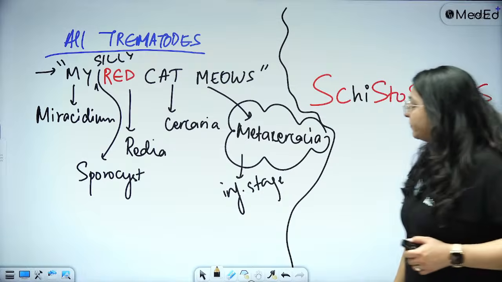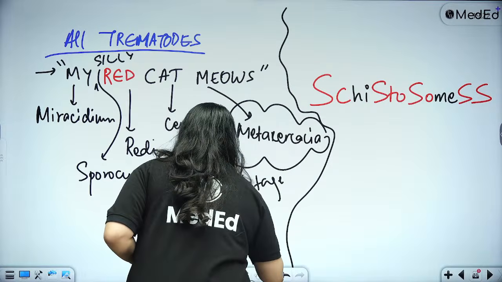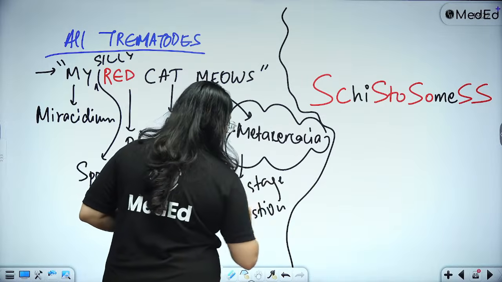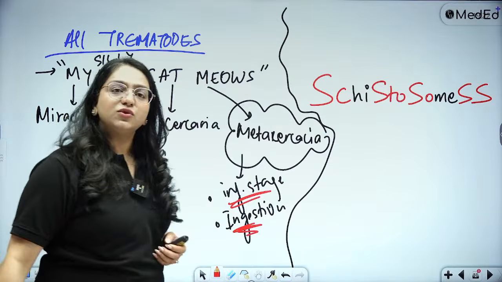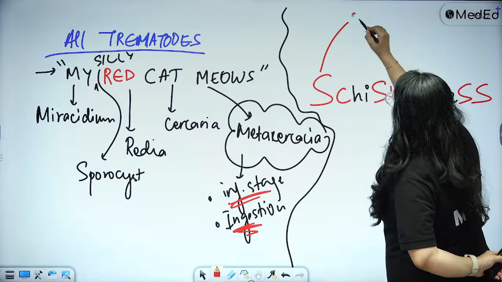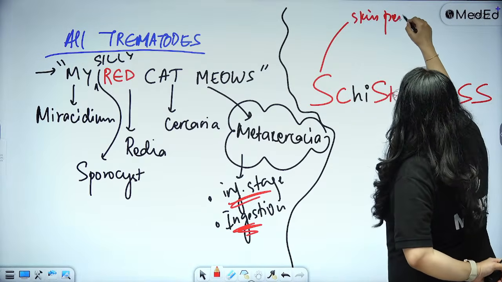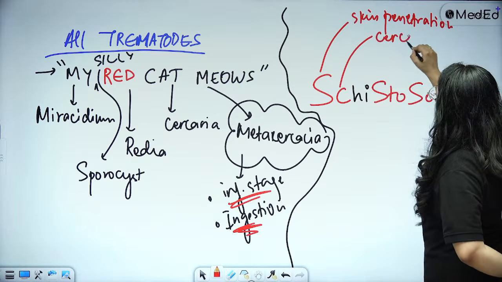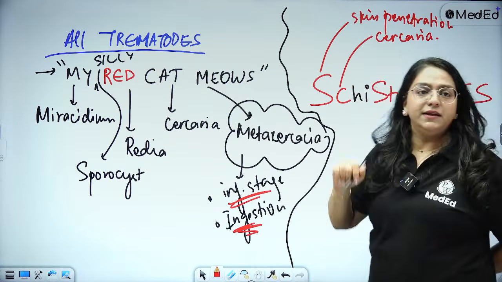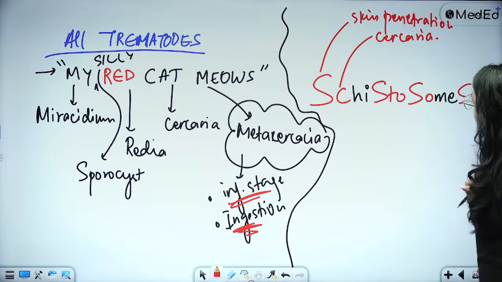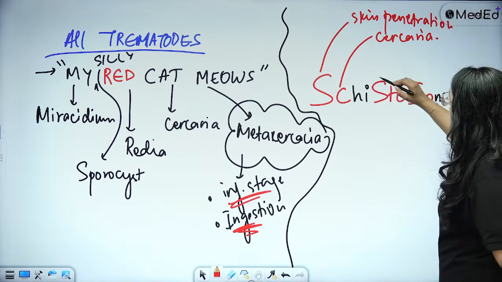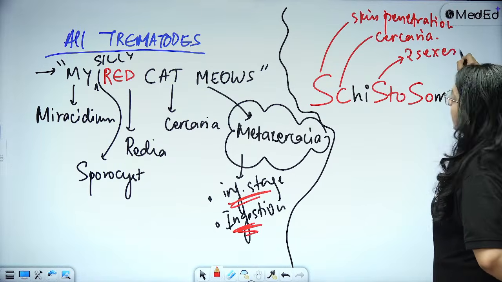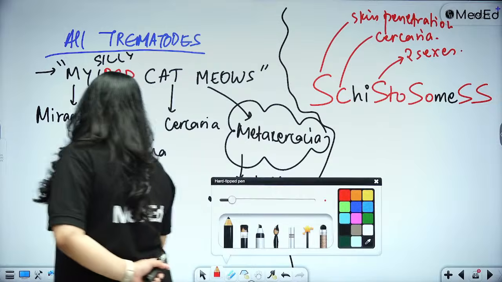And what is the mode of infection? Ingestion of this metacercaria. But what about schistosomes? All exceptions are with S only. Skin penetration, no ingestion. And skin penetration by whom? Cercaria larva. So, there is no metacercaria larva only for schistosomes. Right? S, S2. Two sexes means sexes are separate. So, all trematodes are monoecious,